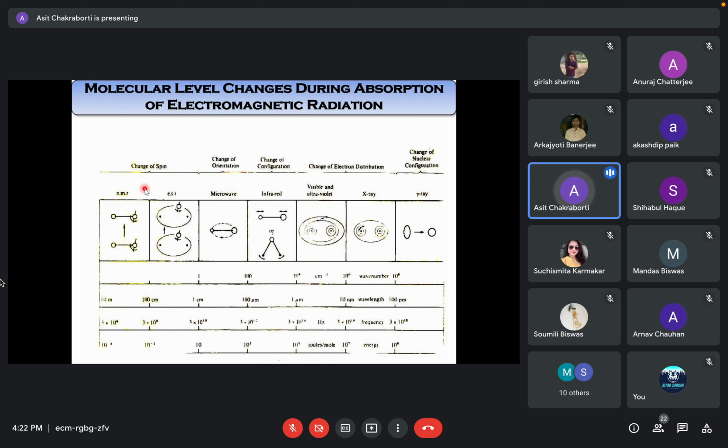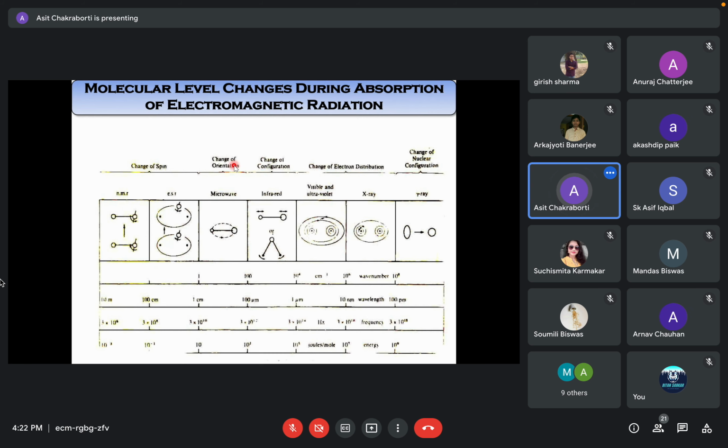The lowest energy of the electromagnetic radiation induces a change in the spin. If the spin is of the nucleus, it's for nuclear NMR spectroscopy. If it's an electron, it's for electron spin resonance spectroscopy. For routine organic chemical analysis it is not used, but whenever you research material science, you find that ESR becomes a very important tool. For biomedical research, ESR becomes a very handy tool. For chemistry, whenever we anticipate that an organic reaction is going through a free radical, we take an ESR to prove it. Otherwise, for routine organic chemical analysis, it is NMR.